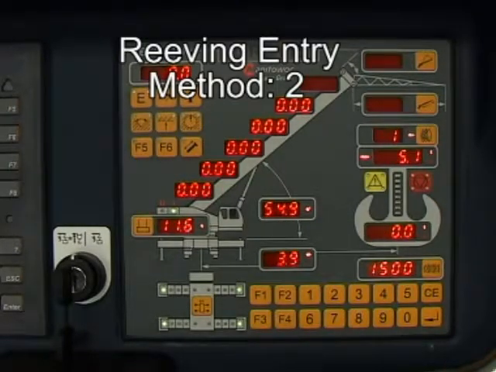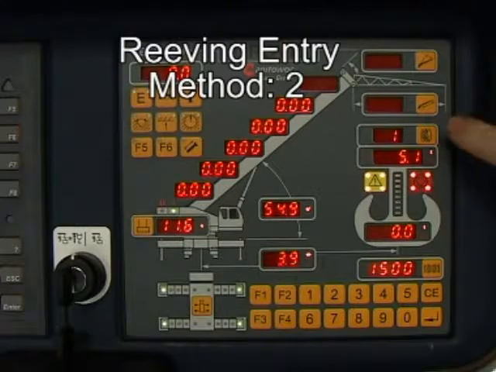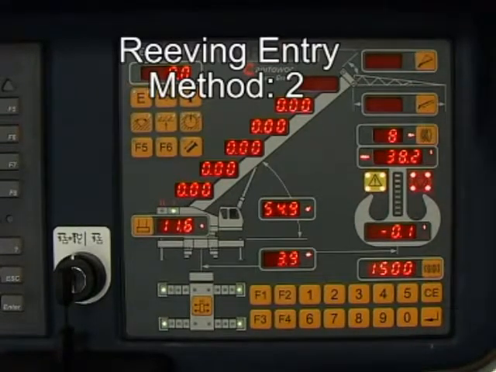An alternative method is to press F1 and then the reeving input button. The value will now flash. Now repeatedly press the reeving input button to select the required reeving. Now press the enter button and then press the reeving input button to accept the entry and remove the signal